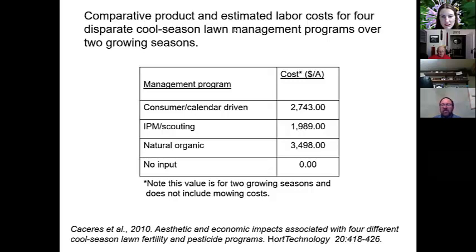When is the best time to get rid of nutsedge? As soon as you see it, which will usually be about midsummer, when the heat arrives in full force, and then the nutsedge just starts to grow twice as fast as your turf, especially if you have cool season turf, and nutsedge will tower over your cool season turf literally overnight. It will grow a half an inch to an inch a day in terms of setting up its leaves, because that is its environment, and it's further favored by moist conditions. It'll show up in any lawn, but you'll notice it mostly in wet areas, and when it gets very hot,